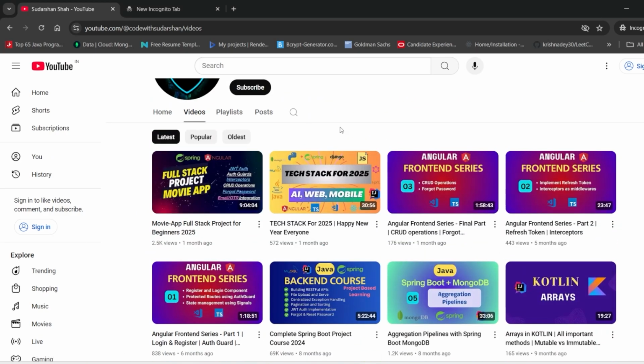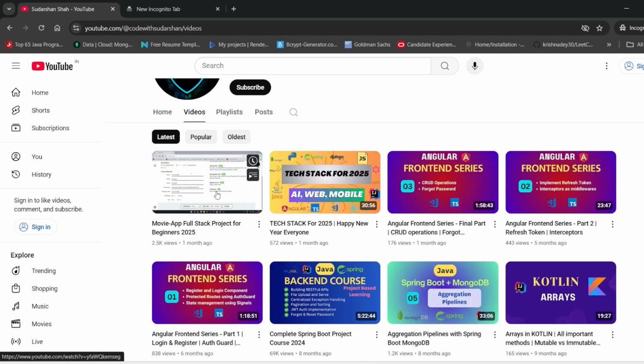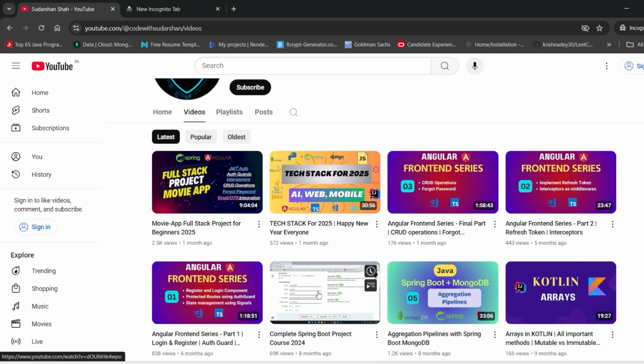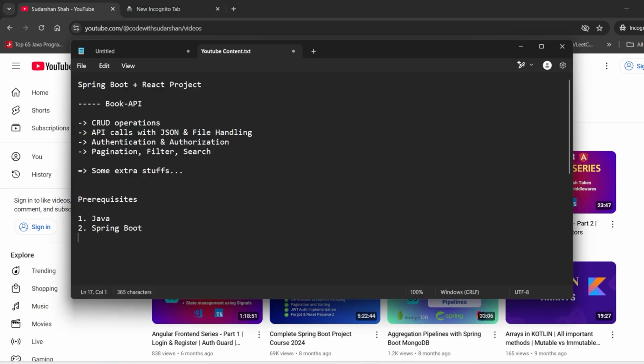Both are equal. It's just up to you whether you want to focus on backend or completely full stack. In this full stack course, it will be Angular on the front end. Here in the backend course, we will just be dealing with the Spring Boot project. So that's up to you. Third, you should know